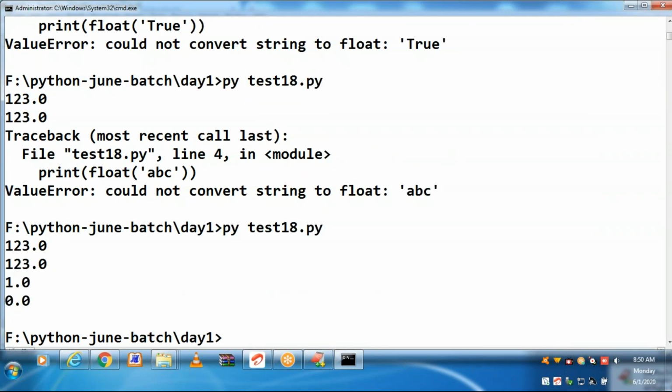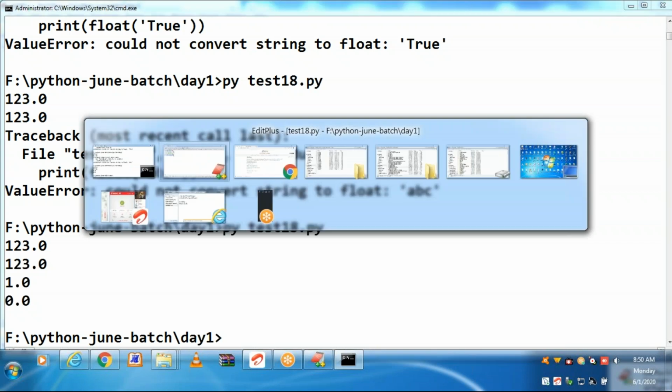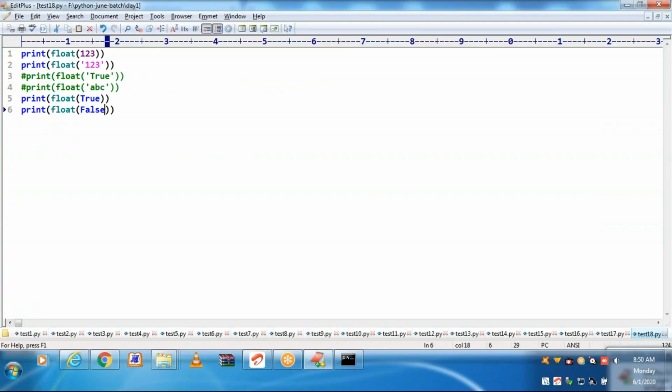So for Boolean true, the internal numeric representation is 1.0. For the false, 0.0.